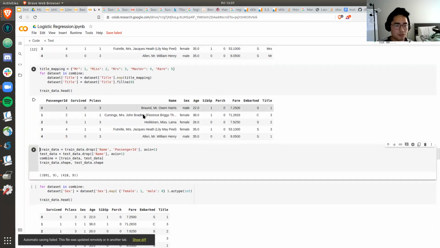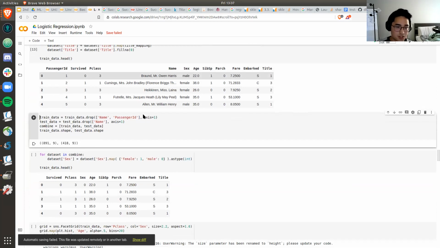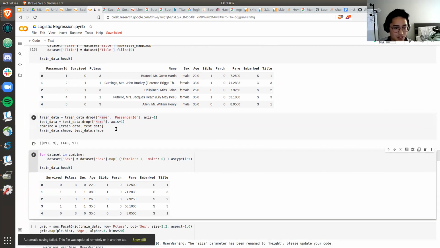And so yeah, you guys are getting the flow. You have to understand your data. This is the same thing right here. We have our training data. We don't exactly need the name or the PassengerId. That's not really important, so you just get rid of that. And then now you have a different shape for your training data set and your test data set. Just figure out what features are most important for you when you want to train your model.